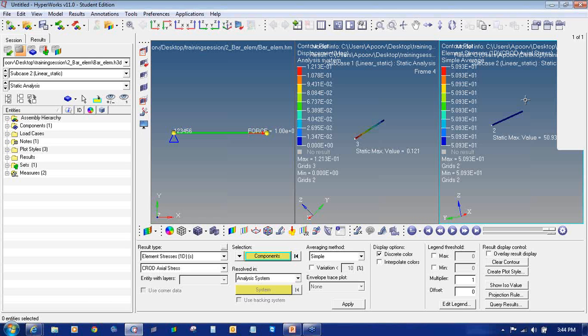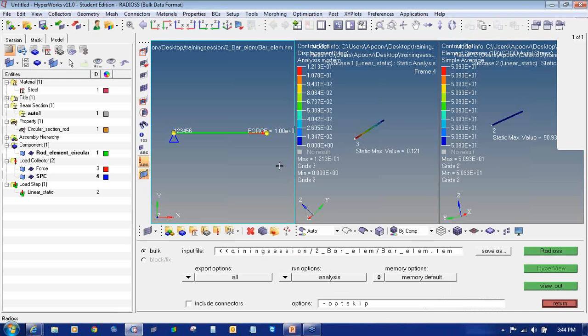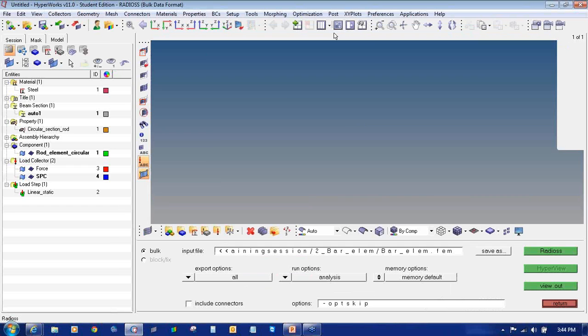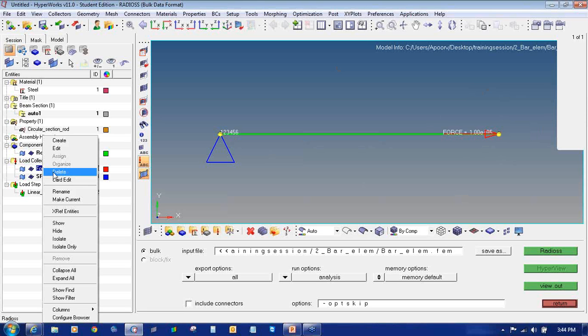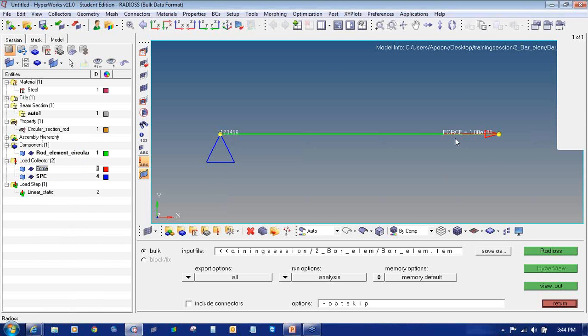Okay. So now I will pick the same model and check what if I apply the bending force on this same model. This is the tensile force. Now what if I apply the bending force? So I will just delete this force, or I can also update it. I will show you how to